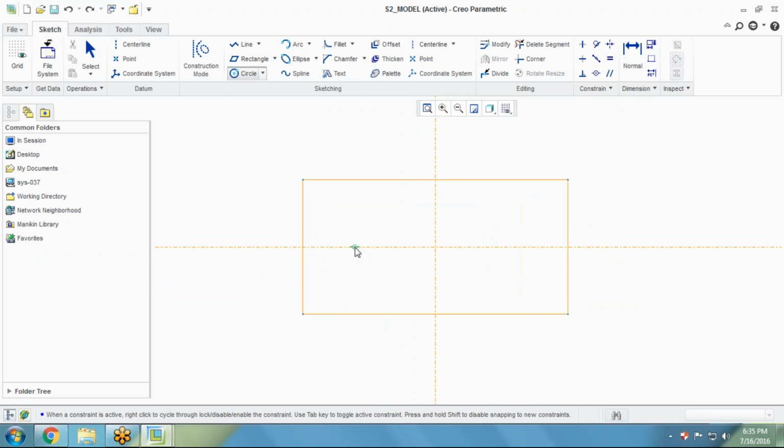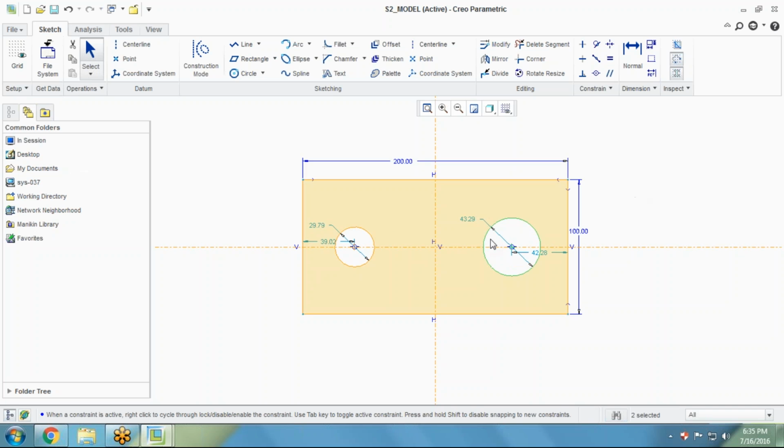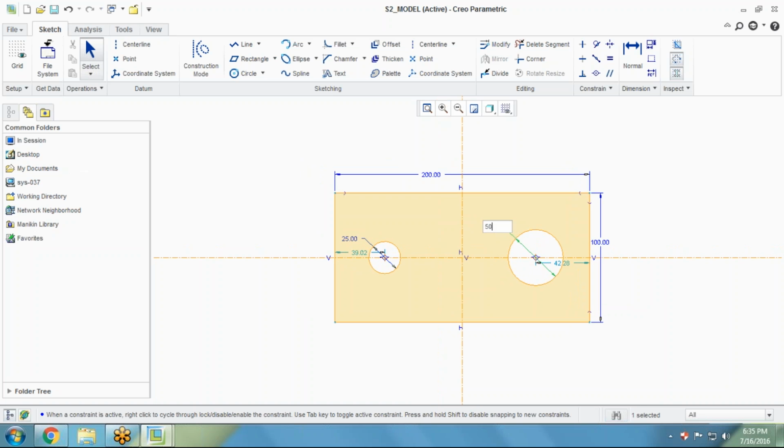Here we have to specify one circle, and here we have specified the second one. If they are equal in size, an R symbol will be there, meaning they are both the same size. If they are not the same size, the 2 lengths will be there. So the one diameter I'm giving is 25 millimeter, and the second one I'm giving is 50 millimeter. And also one more thing I need here, I don't need the distance from this edge boundary. I need to provide the distance